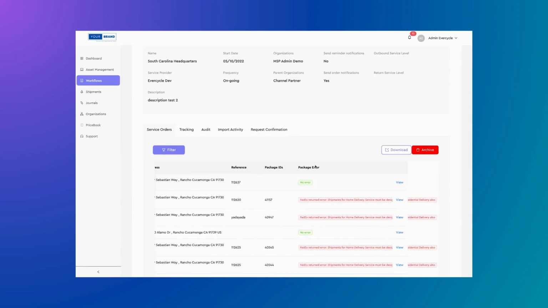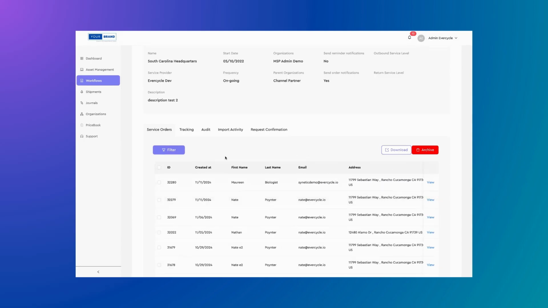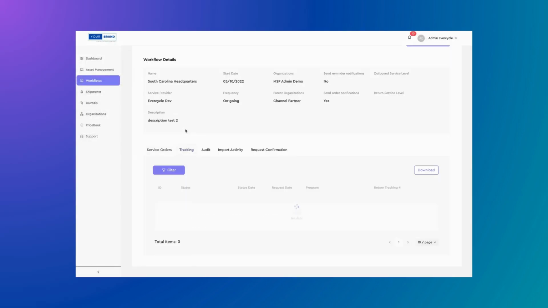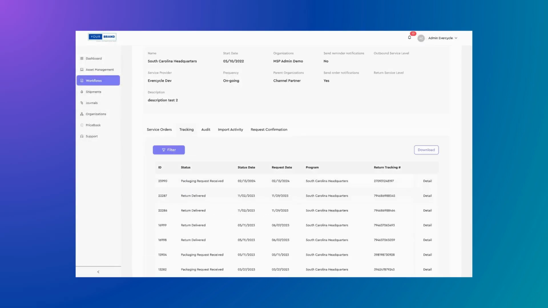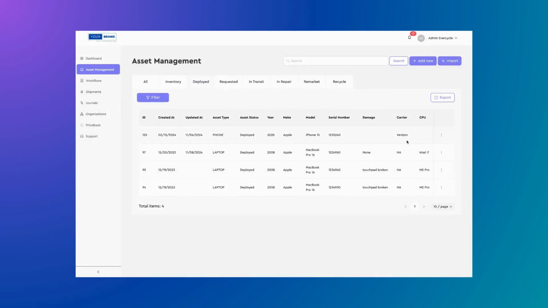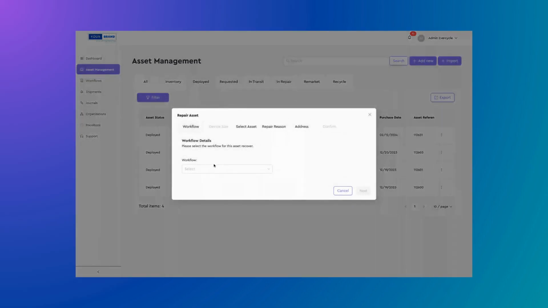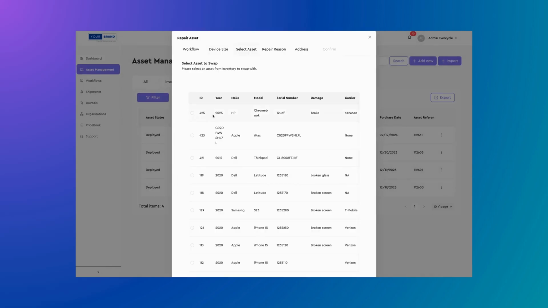In the case of repair, let's say you need to retrieve a device for repair from a remote user, and you also want to provide a replacement device and have the user ship the device that needs repair, either back to an internal location or to a repair vendor. Simply select the workflow, pick a device you want to deploy as part of the swap, and let the workflow